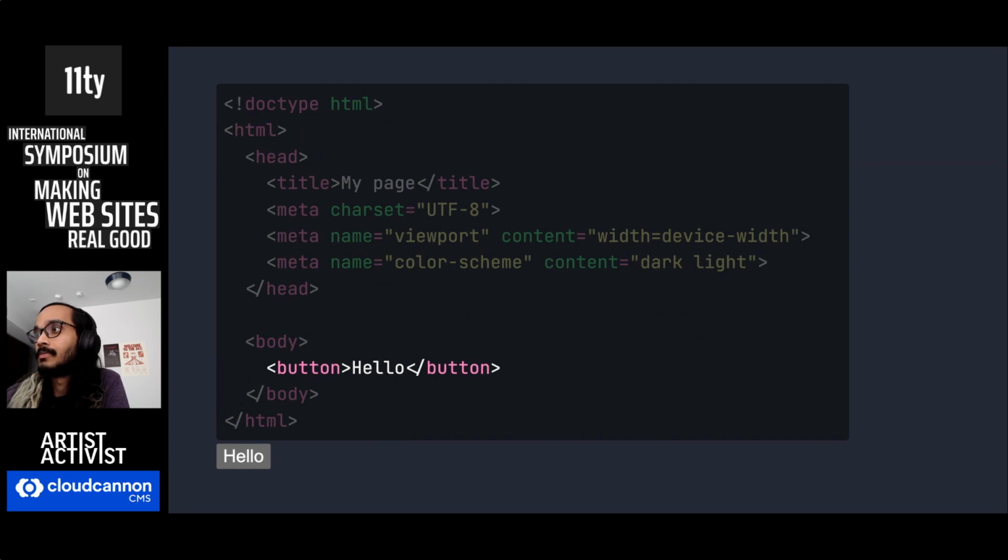So like my operating system uses dark theme, so this button is styled in a dark theme. I won't spoil the surprise because I'm sure Sarah is going to talk about this later today. But yeah, you can have dark theme without writing CSS. So yeah, the user agent style sheet is literally a CSS file, but built into the browser. This is where the cascade starts.